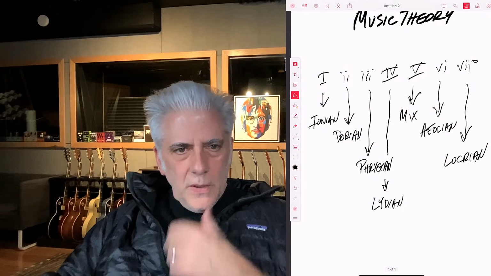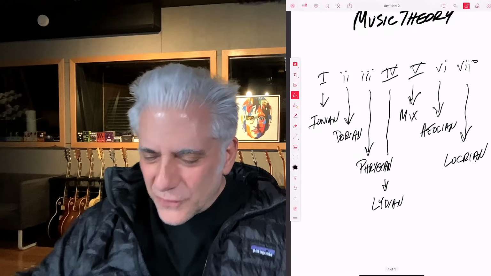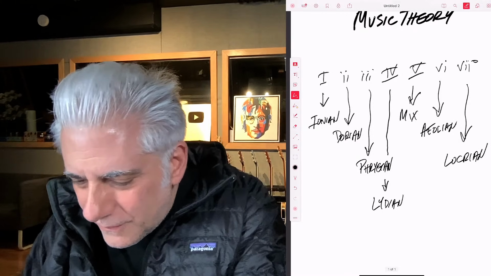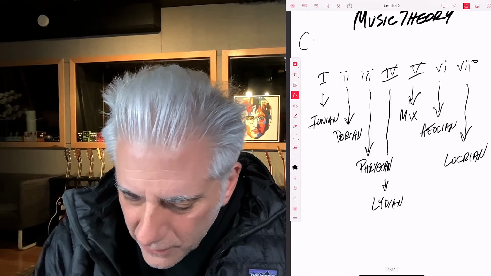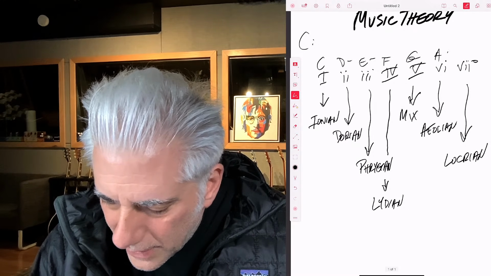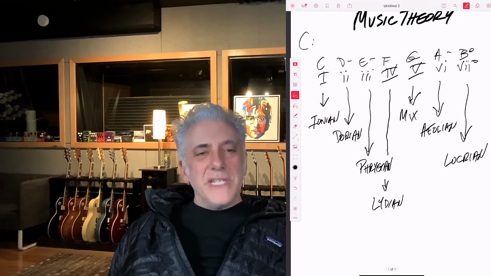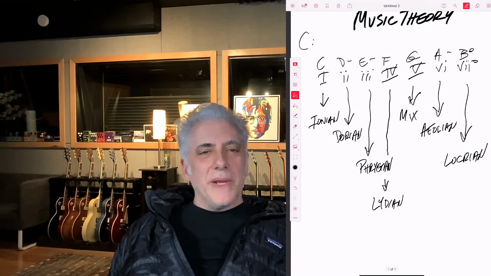So let me go back to this here. These are how modes and chords work together. The 1 mode goes with the 1 chord, Ionian. The 2 mode, Dorian, goes with the 2 chord. The 3 mode, Phrygian, goes with the 3 chord. I can easily put the chord names right above these. If we're in the key of C major, you'd have C, D minor, E minor, F major, G major, A minor, B diminished. So the modes that go with each of these: C Ionian, D Dorian, E Phrygian, F Lydian, G Mixolydian,